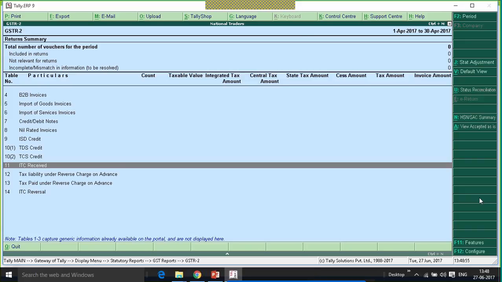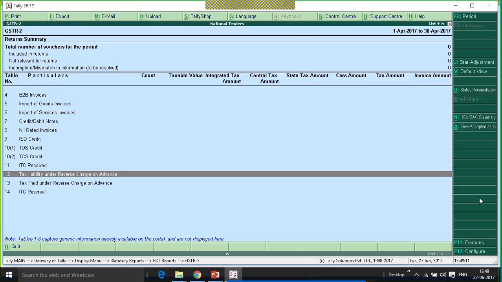If we are paying advance payment to our supplier under reverse charge mechanism, the tax liability will arise at the time of payment, and the tax on advance payment will be part of this table called tax liability under reverse charge on advance. Tax paid under reverse charge on advance.